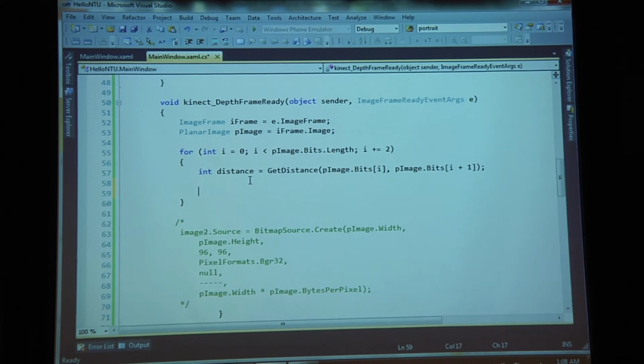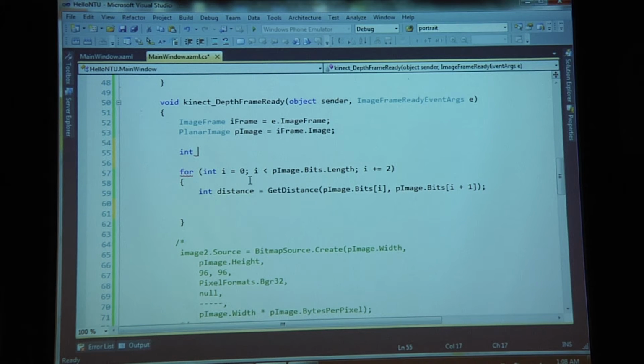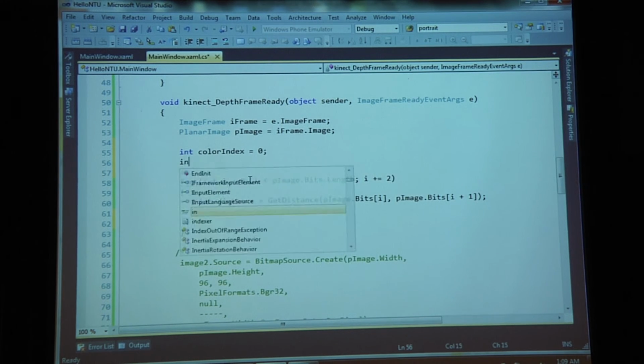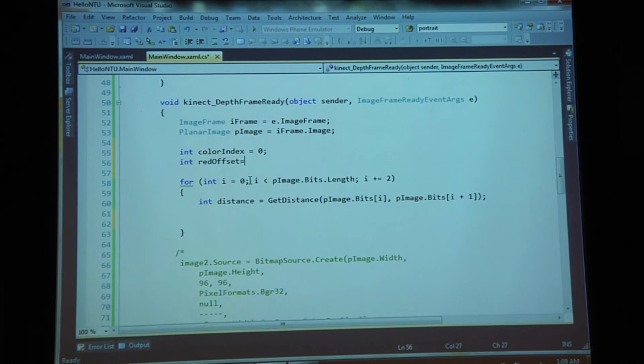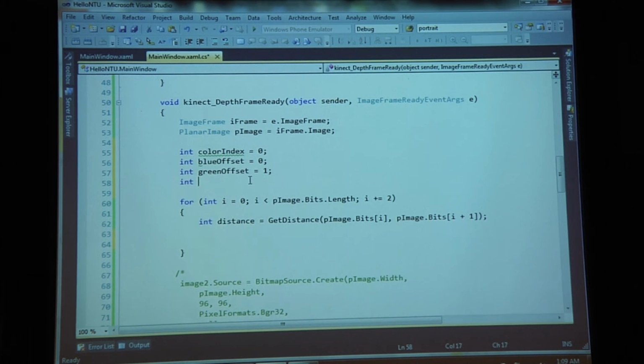Based on the distance value that we get, let's create a new byte array filled with RGB values and display it on the screen. I'm going to write 4 or 5 lines of code first, and then we will examine it in a second. Because I'm really bad at writing code and talking at the same time. So I'm going to say int color index 0. BGR, blue, green, red, okay. Offset. Okay, so BGR, and now let's create a new array,